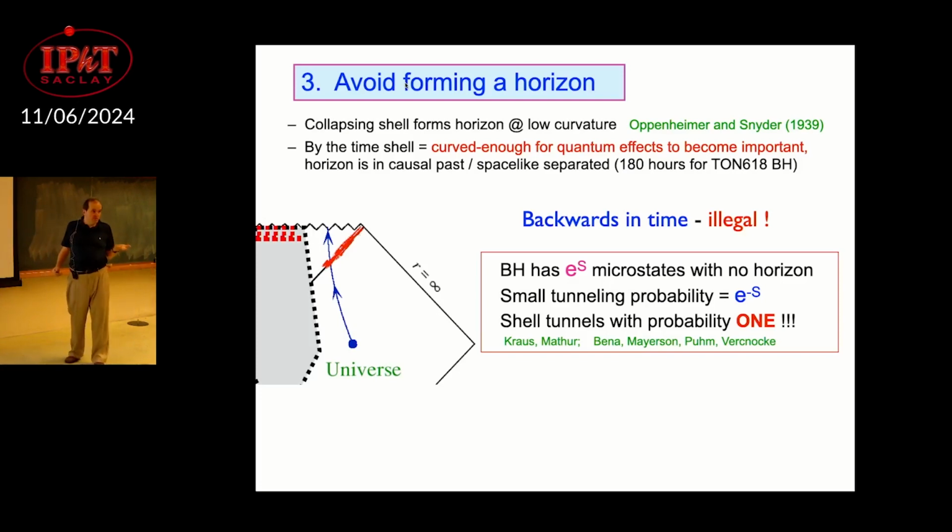This was their argument. It was a very nice argument, but the problem is there's no coefficient here. There's no e to the minus S. If this had been e to the minus S over 2, it wouldn't work. If this had been e to the minus 2S, it wouldn't work.